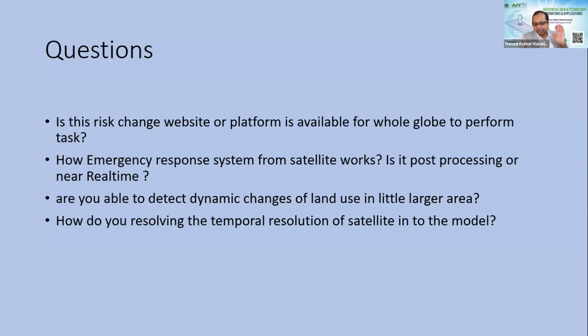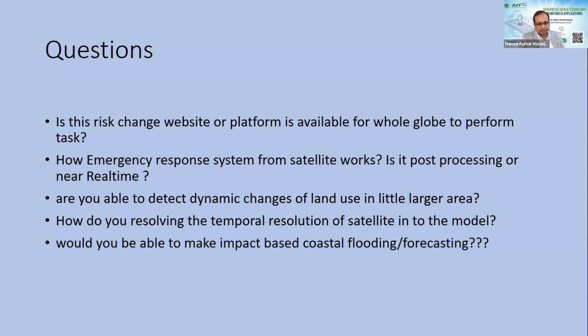Earlier, we remember, it took 4, 5, 6 days to get the map out after getting the data. But now I think it is maybe 24 hours to 48 hours. We get the map and give it to the countries.